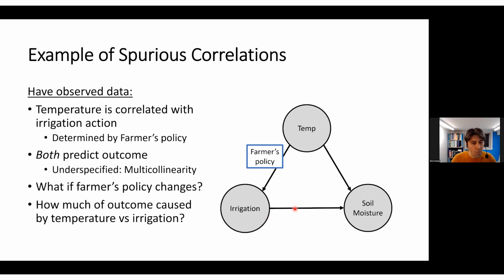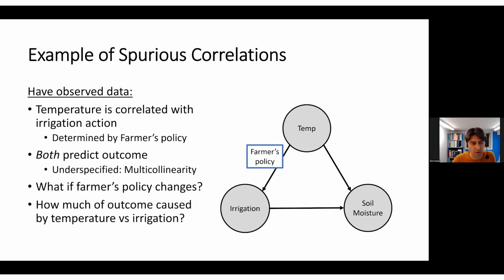And when we have a policy here, the farmer's past irrigation policy that relates the temperature to the irrigation, and then we're trying to predict soil moisture levels, what we have is an underspecified machine learning problem. And that's what leads us to issues. We can do a great job predicting soil moisture, but as soon as we change this farmer's policy, we're going to run into problems, because we won't know how much of this outcome, the soil moisture, is caused by temperature